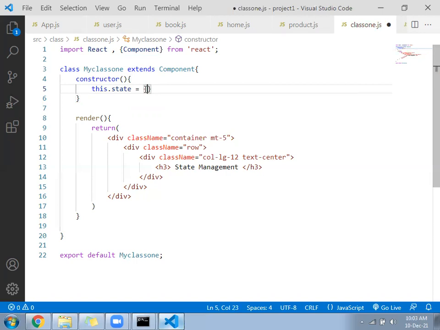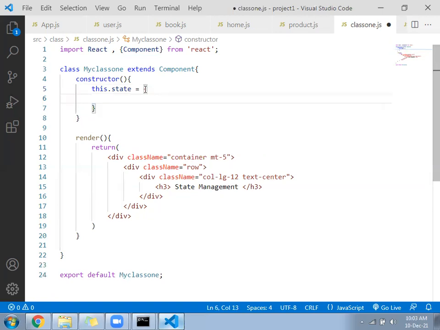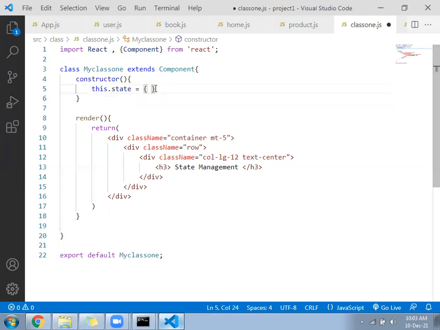How do we create the array? Multi-dimensional array we create in the same way. Next, inside this, if I bring it down, you will feel overload. Let it come in the same line. So here, create a variable called i colon 5.